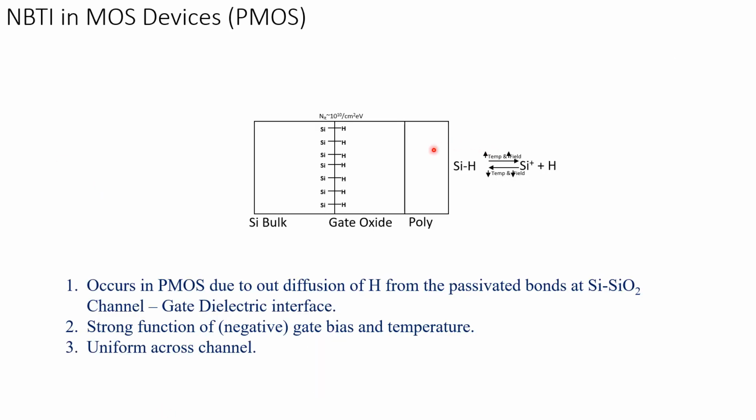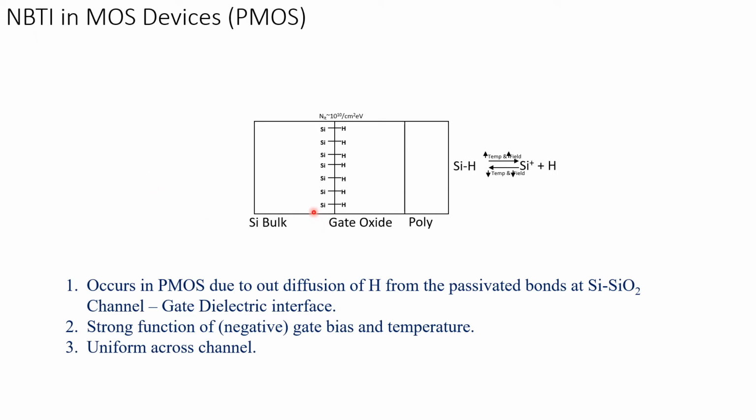Okay, so following is an example of NBTI, which stands for negative bias temperature instability, which occurs in PMOS devices. However, you should also remember there is a corresponding PBTI, which is positive bias temperature instability for NMOS devices, whose explanation in terms of polarity will be reversed compared to what I'll be explaining for NBTI.